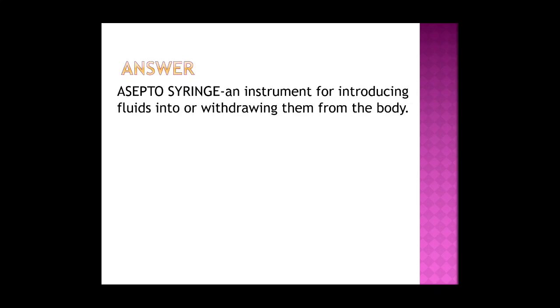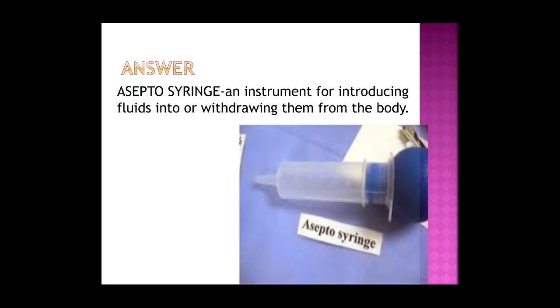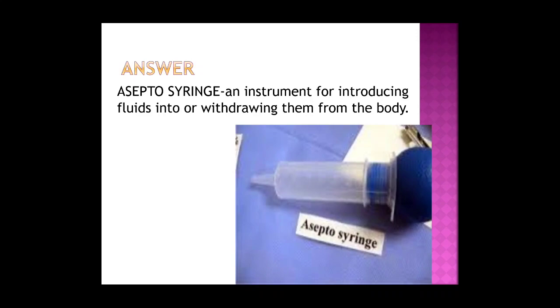It is a syringe with a bulb on one end which is used for intraoperative irrigation. Compression of the bulb creates a vacuum for gentle suction of small amounts of bodily drainages such as oral and nasal secretions.